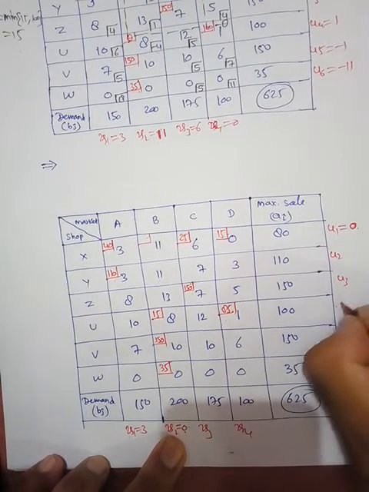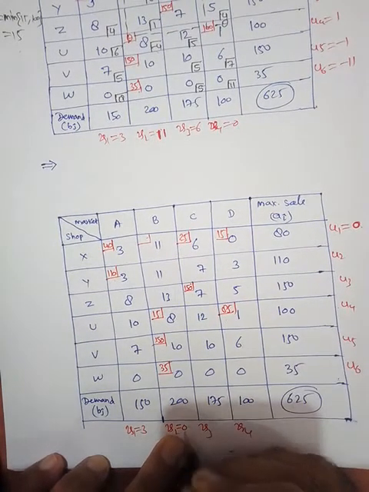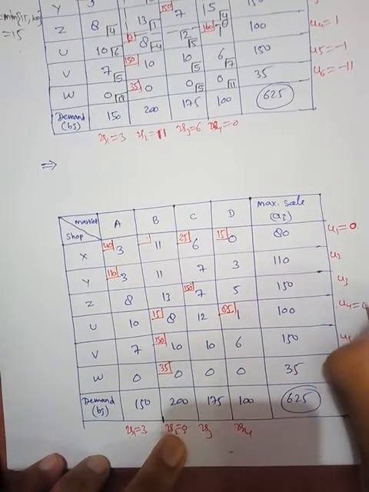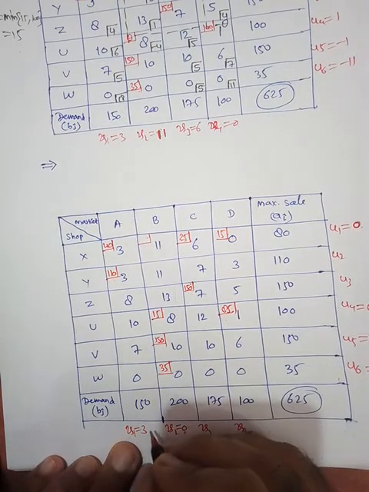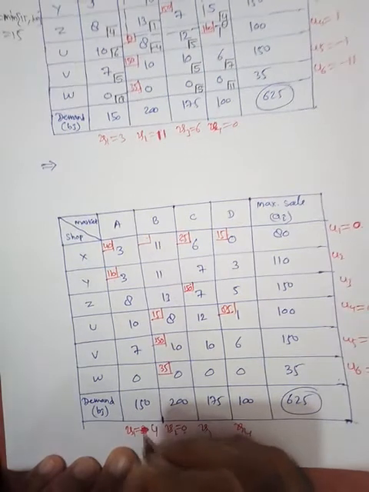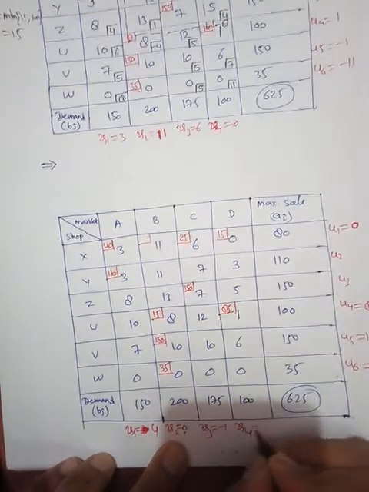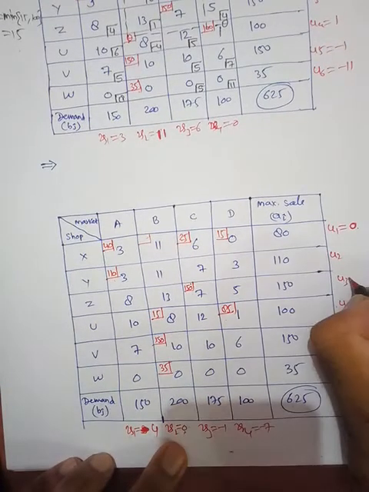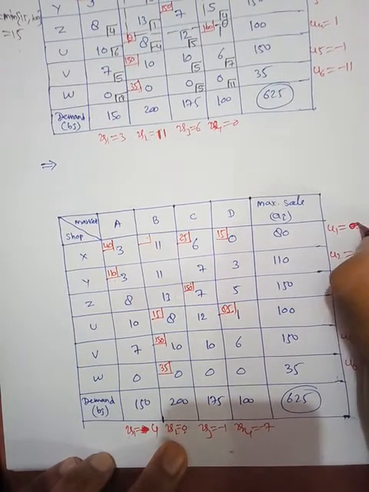u2, u3, u4, u5, u6. This time we assign this. For example, this will be 8. This will be 10. This will be 0. Fine. And based on this, we have to compute all these values. So this will be minus 4. This will be minus 4. v2 is 0. v3 is minus 1. v4 is minus 7. And here u3 is 8. u2 is 7. And this will be 7.